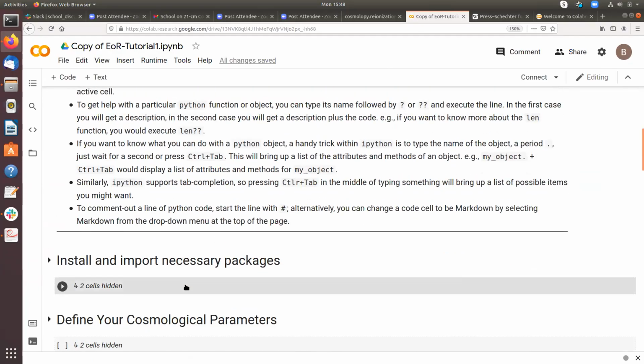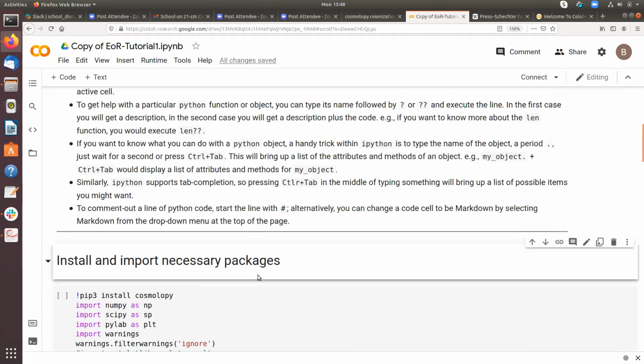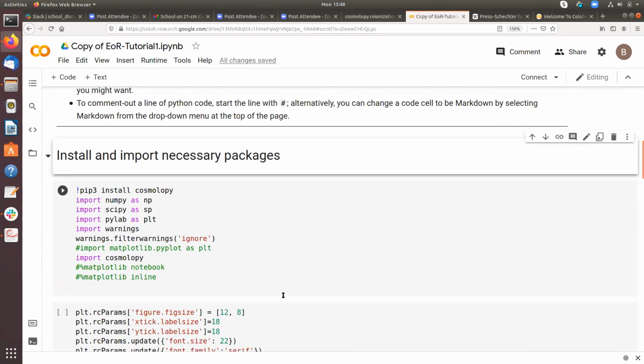If you click on the cell, you will get a code section there. Basically in this section, we are importing the necessary Python packages like NumPy, SciPy, and so on. For our computation, we will extensively use a publicly available package called Cosmolopy to get different cosmological quantities.